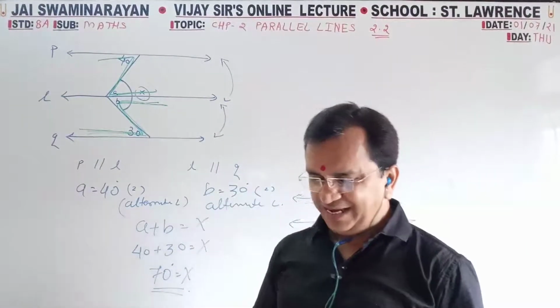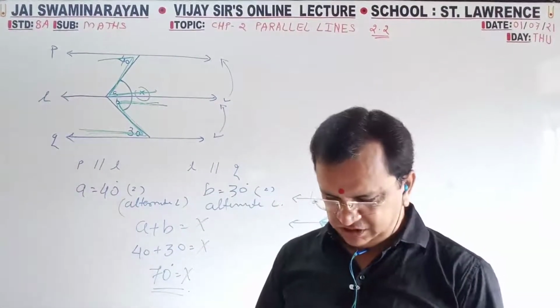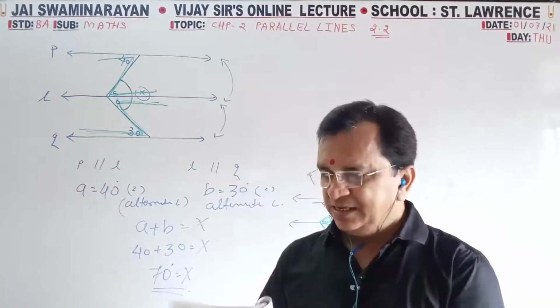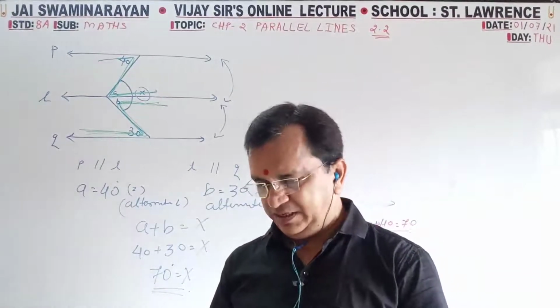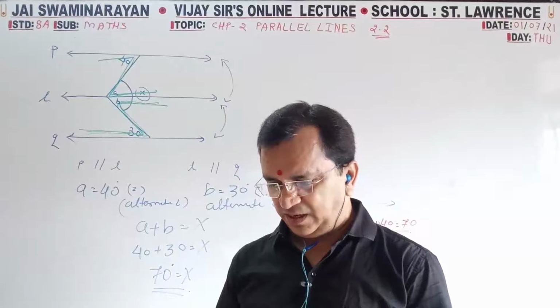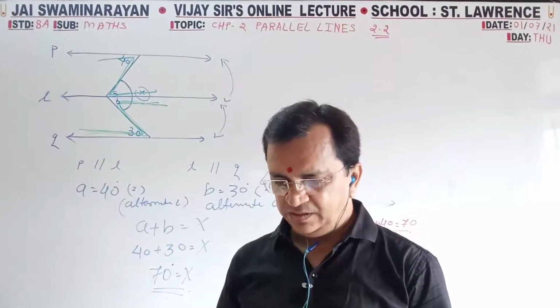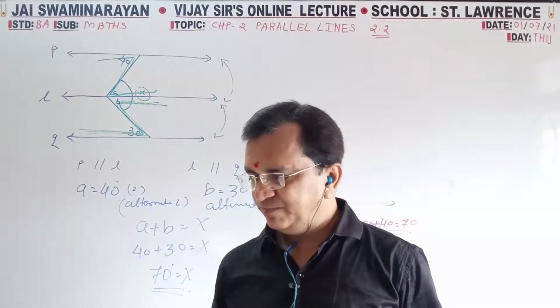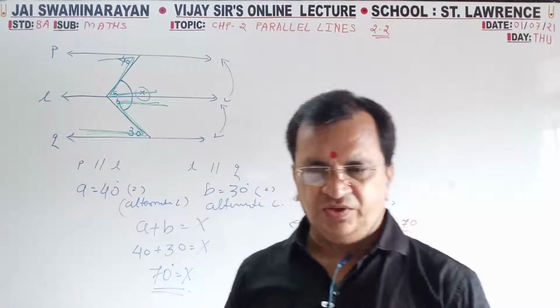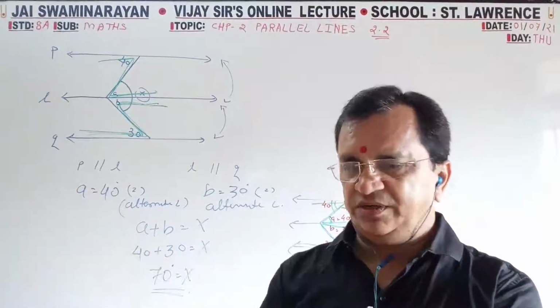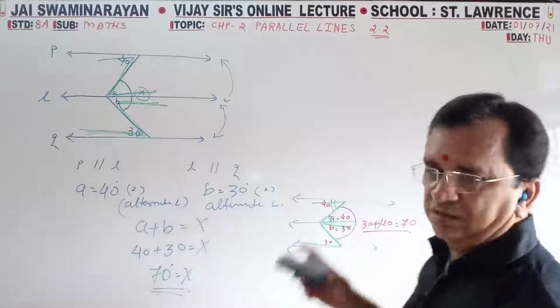Okay, so overall X is equal to 30 plus 40 is equal to 70. Now two very important angles, angle measurements are given. First we will do this, very important. Here I can manage.